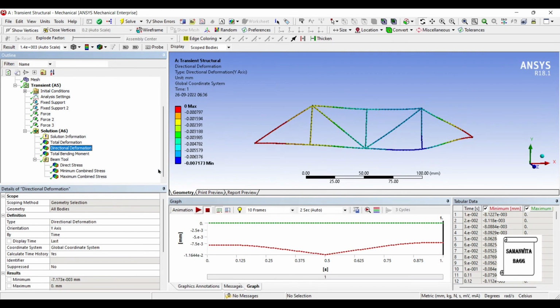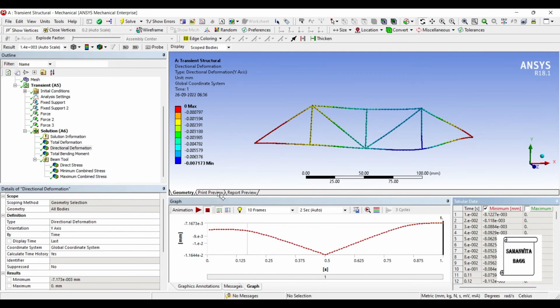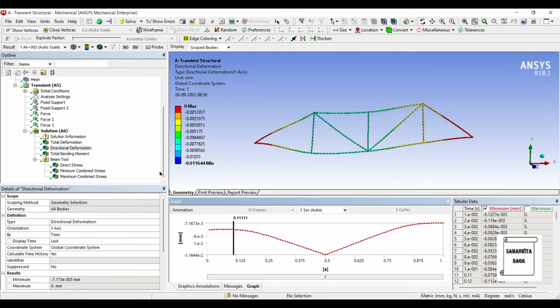Next you can see here it is the directional deformation. Now I'll uncheck this maximum value, and you can see here this is the deformation versus the time value. Again you can animate and check this result. This is the directional deformation along the y-axis. So you are particularly getting the result of